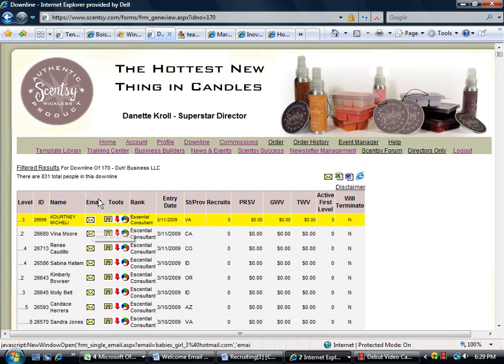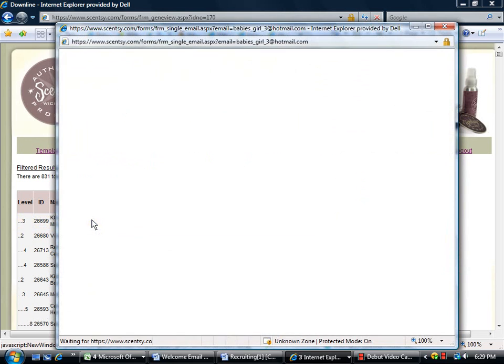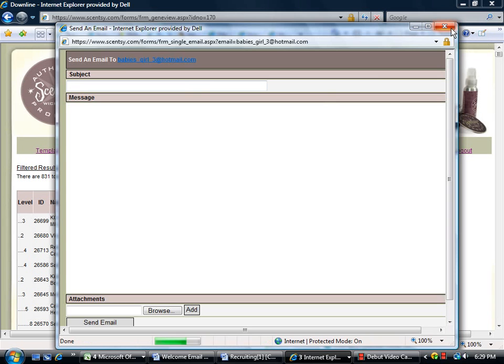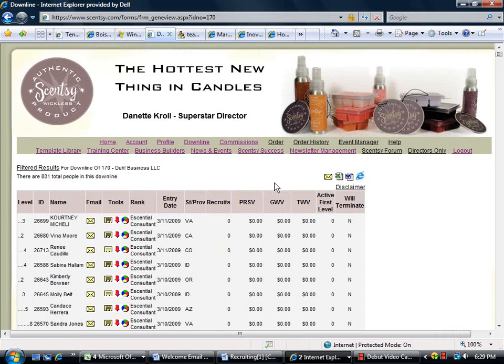You can click where it says email. You can click on this little email label and send them an email message if you wanted. Okay, and you'll be able to see everybody in your downline team. So you and below you, everybody you've recruited and everybody they've recruited, you'll be able to see when you click on this downline link. Okay,